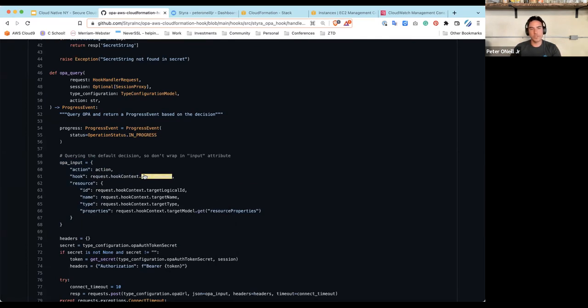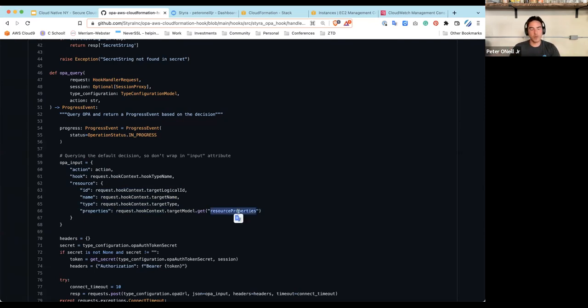The hook, which is basically going to be the same hook every time. Or no, this is the hook type. So I think the hook is the same hook every time. It's the one that we're creating that reaches out to OPA, and then the resource here is the actual resource, the individual resource that's being created inside of the stack, right? So we have the ID, which is going to be inside of CloudFormation, just like the name that you give this resource. And then the name, the target type, like EC2 instance, and then the properties is where things get interesting, where